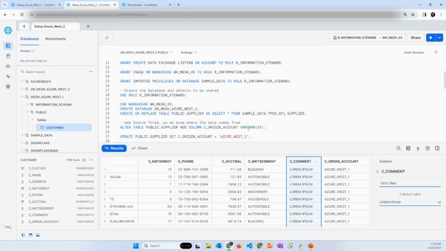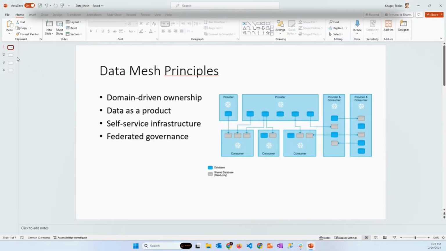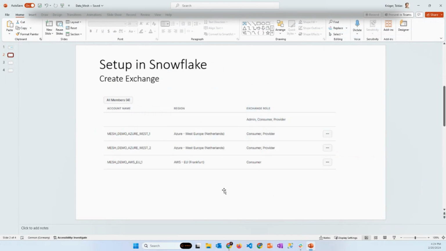I will switch over to the PowerPoint presentation here again, because the exchange we're currently using is on our internal demo account, and I don't want to show too much of it. Basically, when you create one of these exchanges on an organization, you at the moment need to ask customer support to do that for you, so you can't do it yourself.